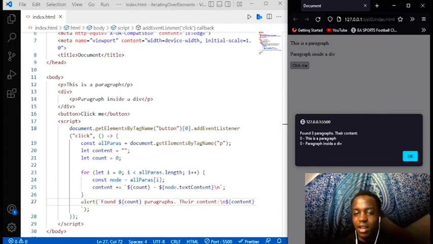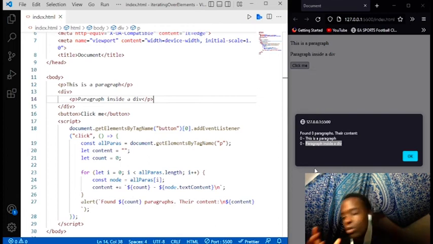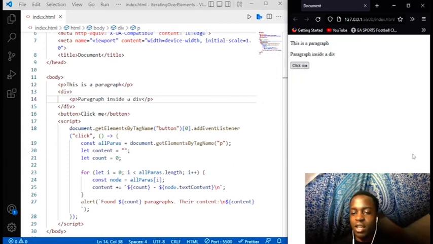So notice, yeah, the first is this paragraph. That's the first content within the element in question. This is the paragraph. And then the second is paragraphs inside a div. But notice how it's actually not giving us our order list. We have no clue where this, like perhaps we have this document really large, right? We wouldn't know where this content is coming from. Like we would know it's in the document, but we wouldn't know the order of this content, right? So what we need to do is for each for loop,